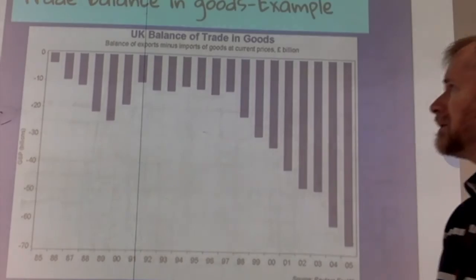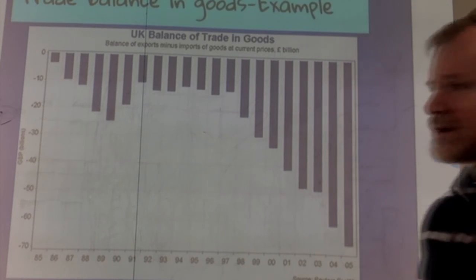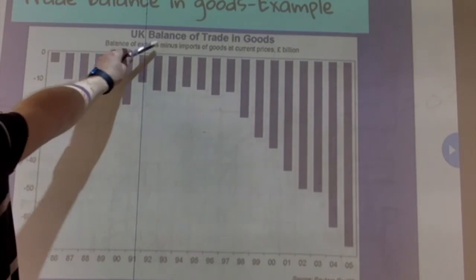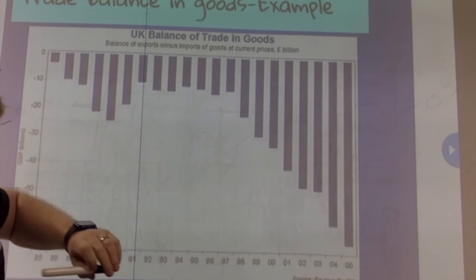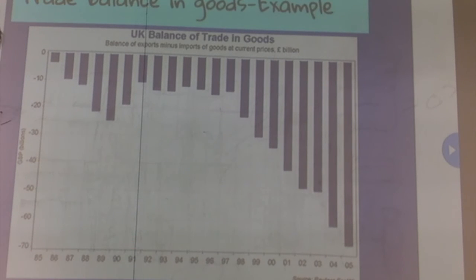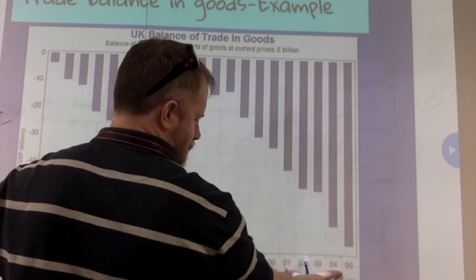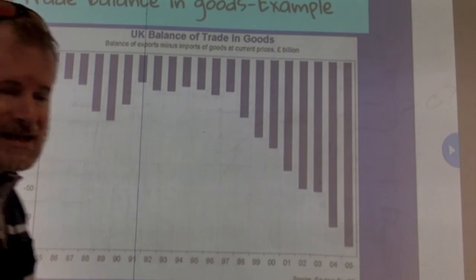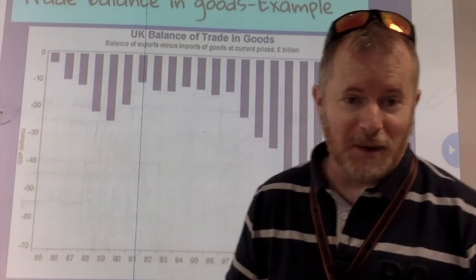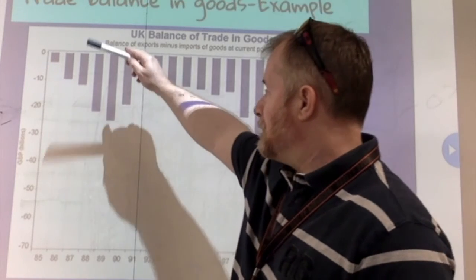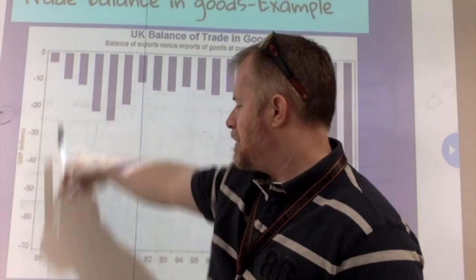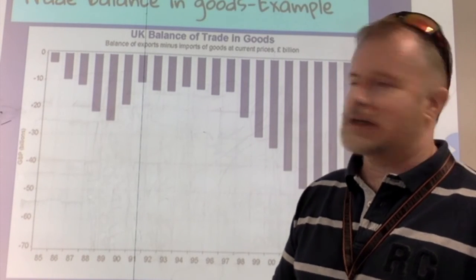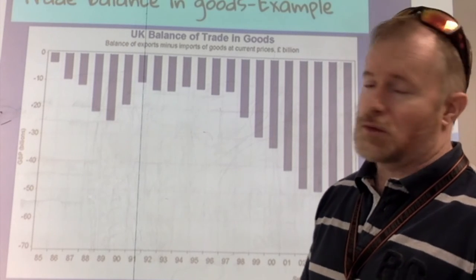There is an example, again, likely to find this sort of image in a news article, possibly illustrating the balance of trade in goods, and this is from the UK's point of view again. It's the same data, more or less, that we saw before, but we were looking at this time period here. But it's actually gone all the way back to 1985, those of you who remember back that far. And you'll actually see that all the way back in 1985, they didn't have a very big deficit in the balance of trade and goods at all.